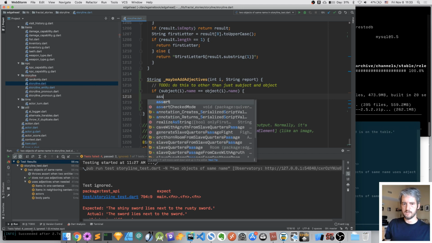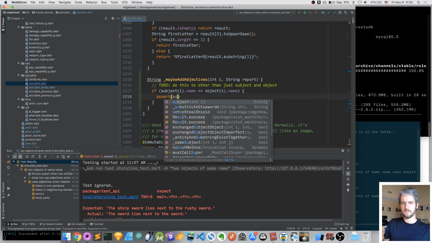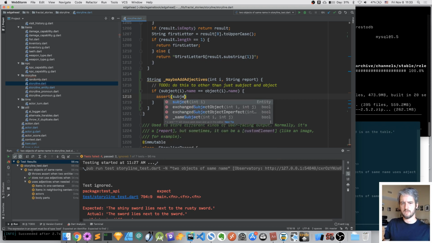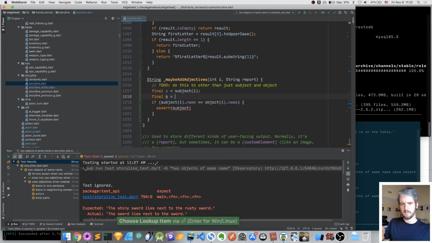We could just do like assert, you know what, final A is subject I, final B is object I, and then A name is B name. This will be also better for later extraction. So assert A adjective is not null and B adjective is not null,